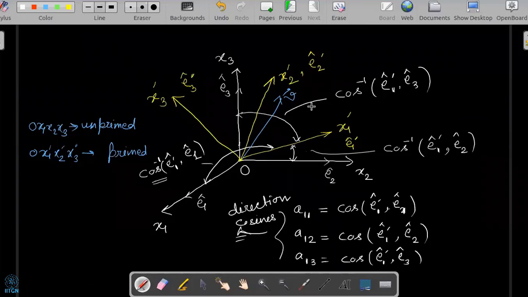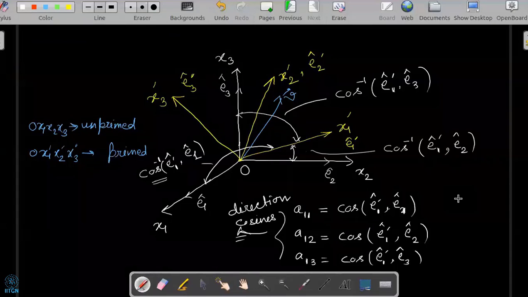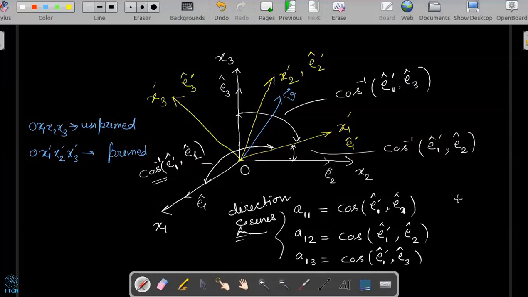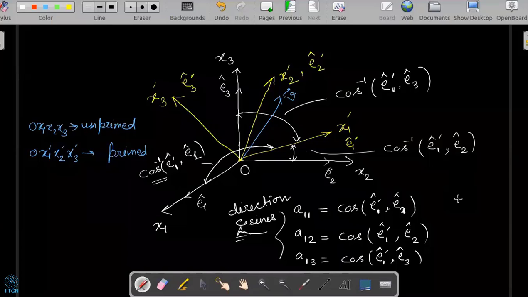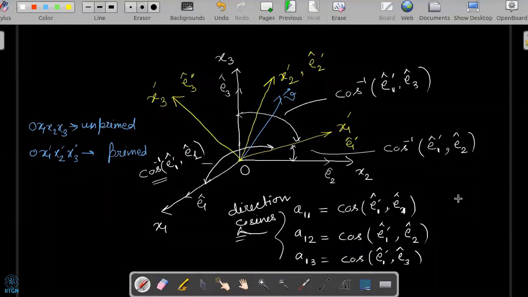Okay, Pawan, I think you raised your hand. Please ask your question. Neeraj? Okay, no question. So we have not completed the transformation of Cartesian tensor. We will see tomorrow what the relation is. We have just started and discussed the directional cosine concept, how to measure and define directional cosines when the axes are rotated. Tomorrow we will see how to get a component of a vector in a new set of axes.